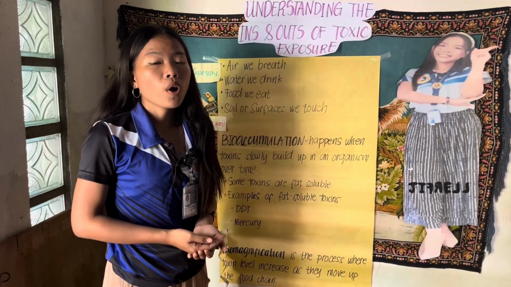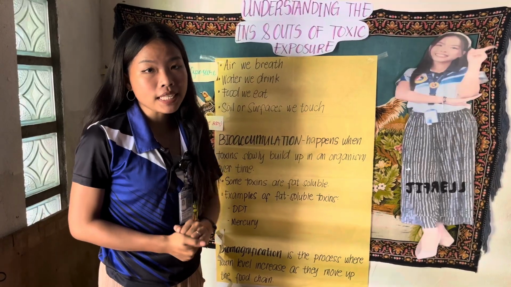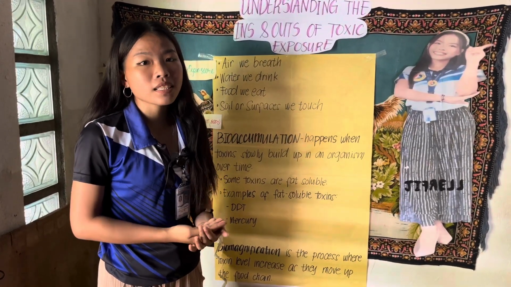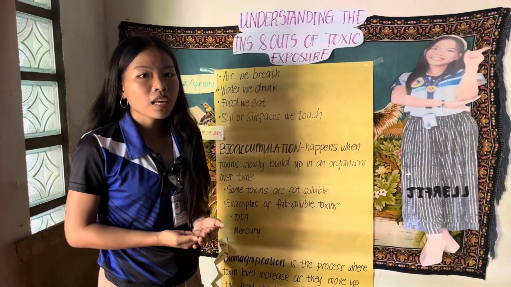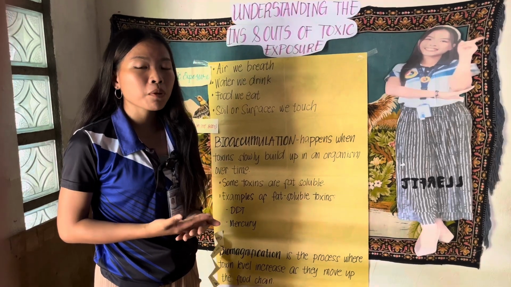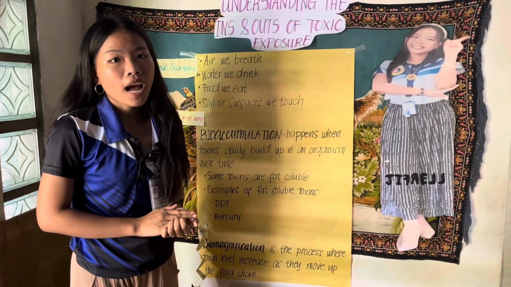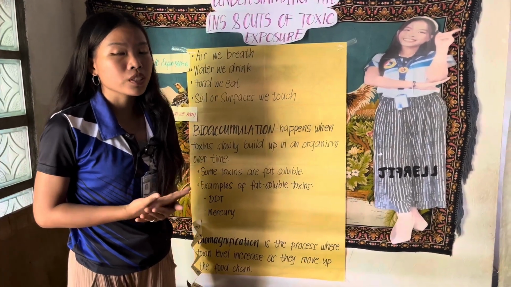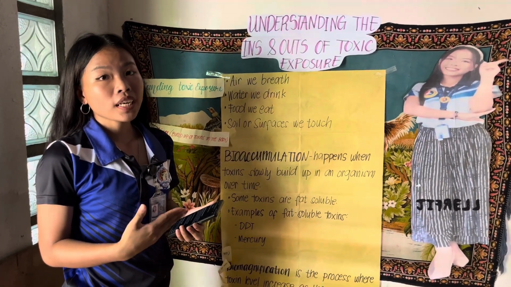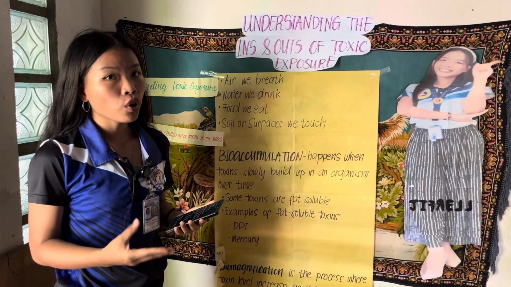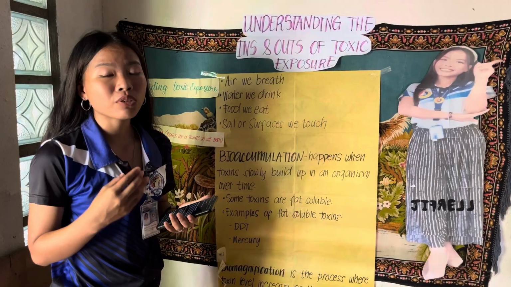Bioaccumulation happens when harmful substances called toxins slowly build up inside a living organism over time. These toxins can come from polluted water, food, air, or the environment. Some toxins do not easily leave the body, especially those that are fat-soluble, meaning they are stored in the body instead of being removed. Bioaccumulation is a process where a toxin enters an organism faster than the body can remove or break them down. As a result, the amount of toxins in the body can increase over time.